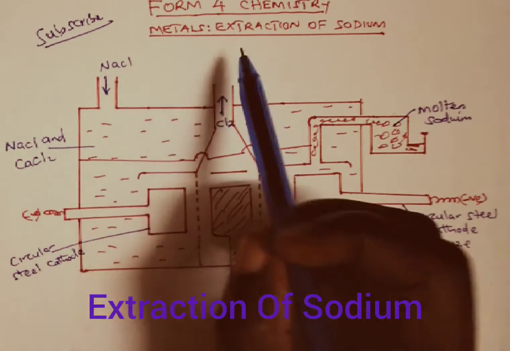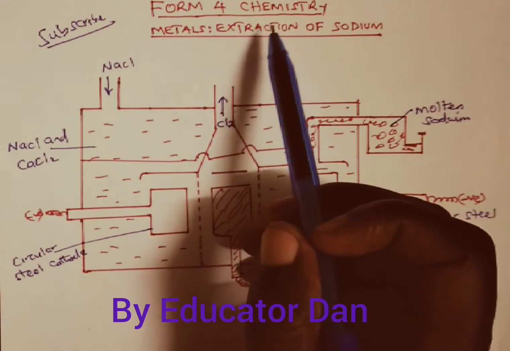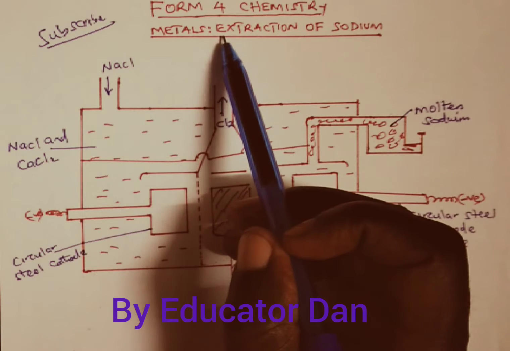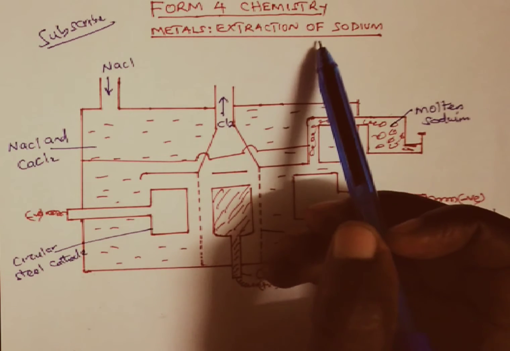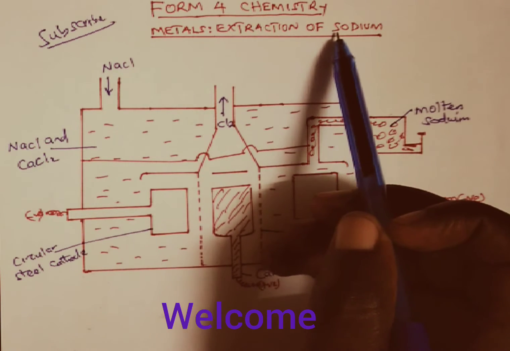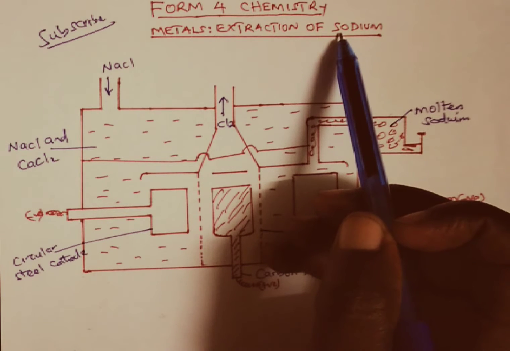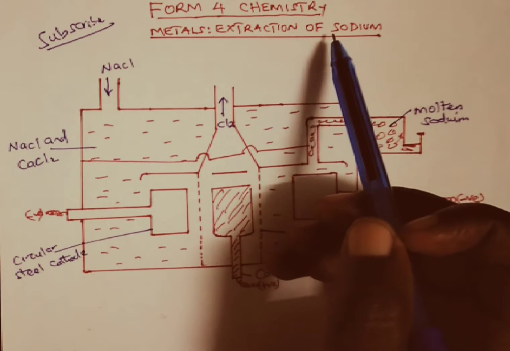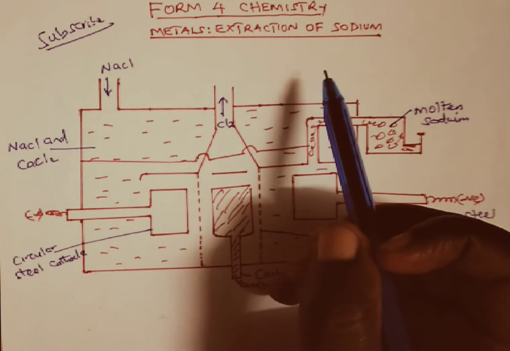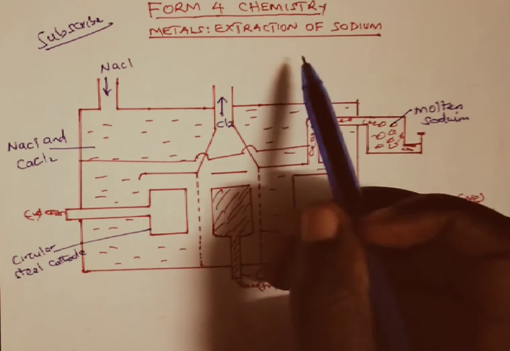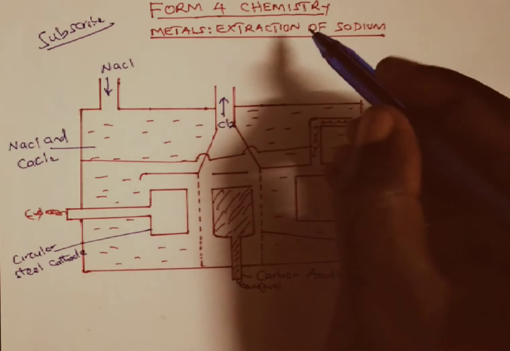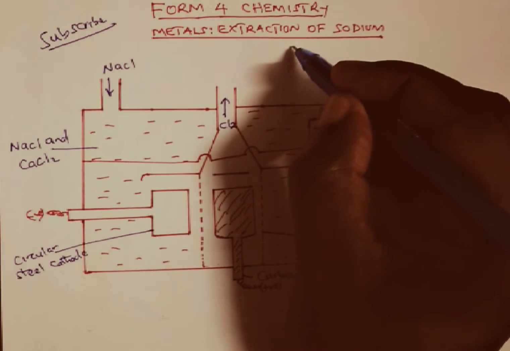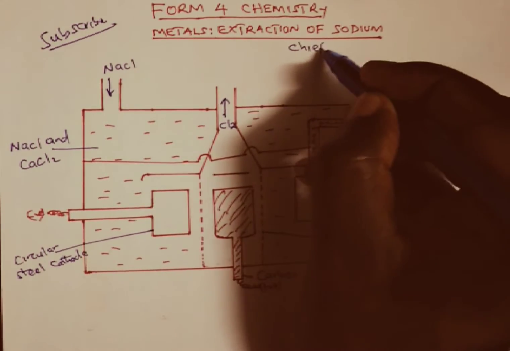We are going through Form 4 chemistry under the topic metals. Specifically, we look at the extraction of sodium metal. Sodium metal is a metal that lies in the upper part of the reactivity series, and therefore we extract sodium metal by electrolysis method. Before we look at the extraction, let us start by looking at the chief ore